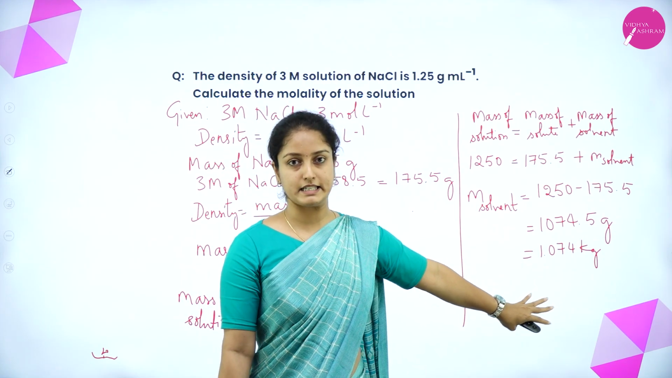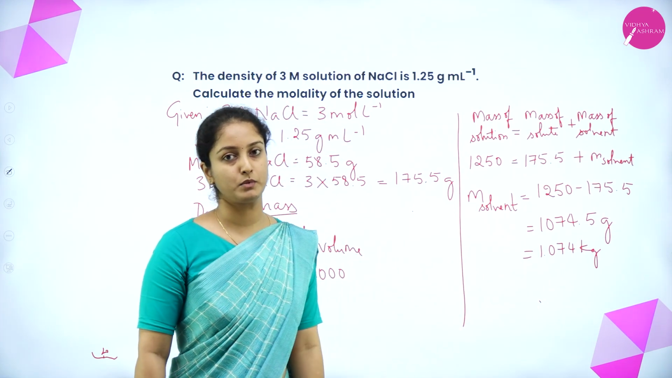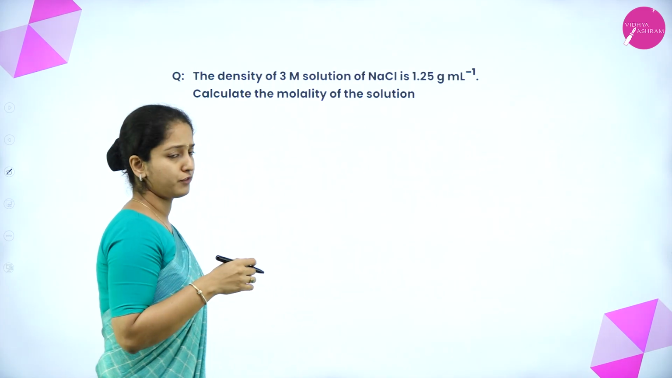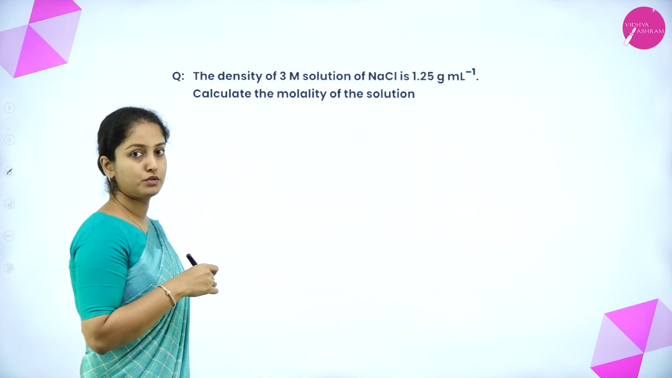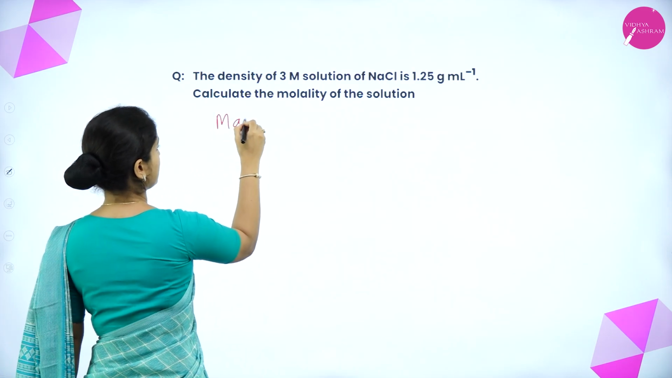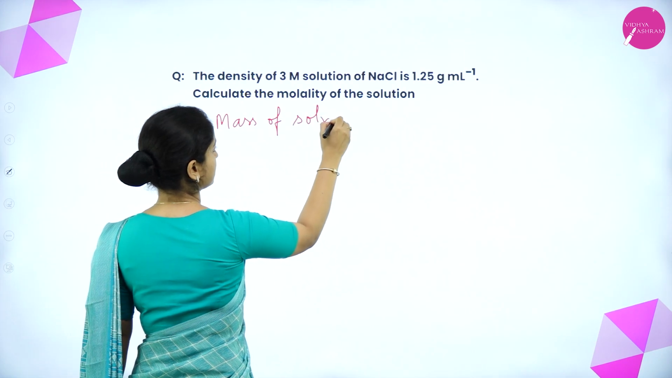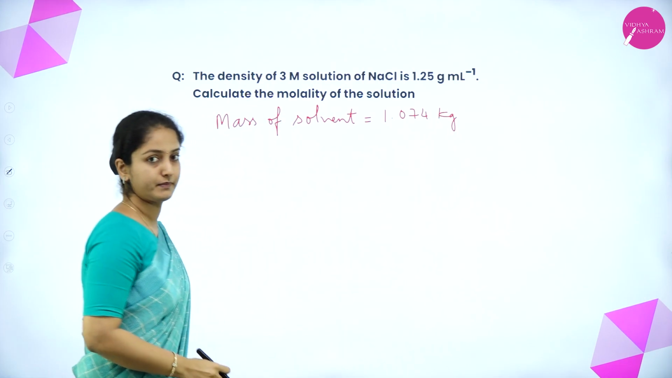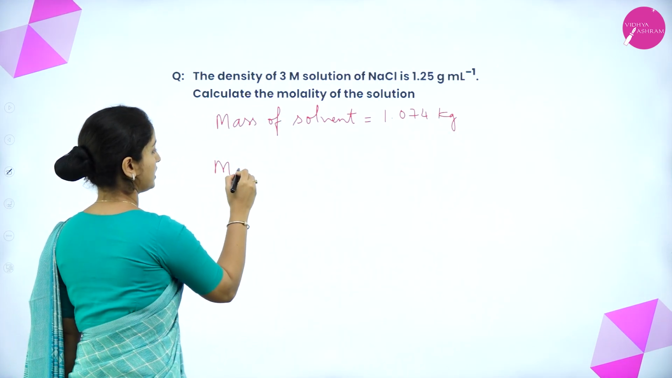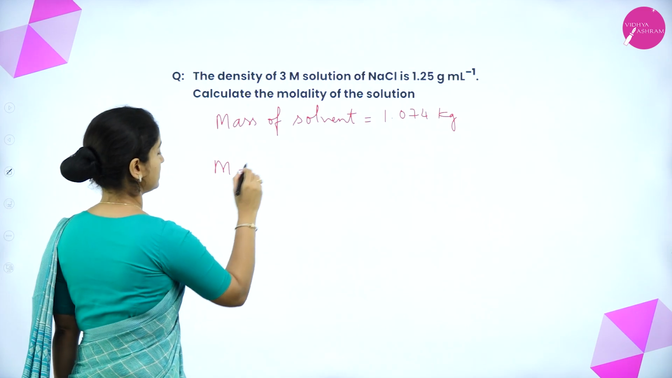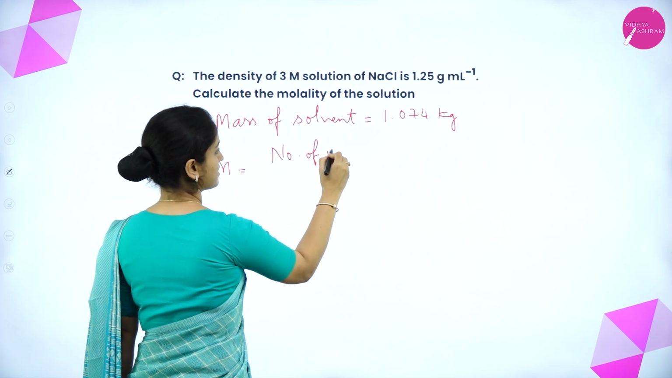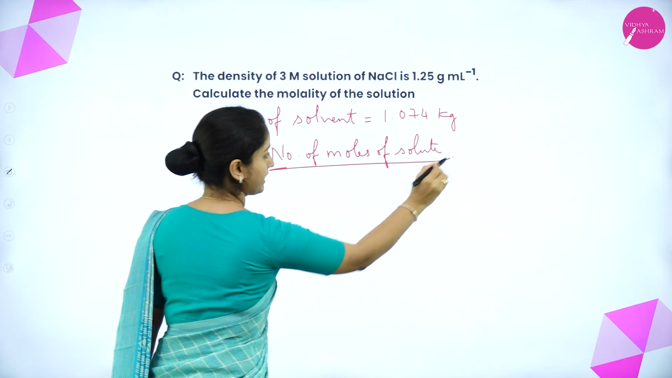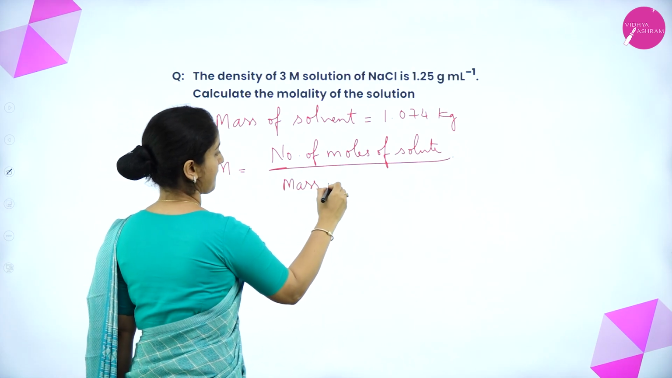Now, using this data, we have to calculate the molality of a solution. Now, what is the formula to calculate the molality of the solution? So first we'll write the data, that is mass of solvent is 1.074 kg. Now, we know that molality is equal to number of moles of solute divided by mass of solvent